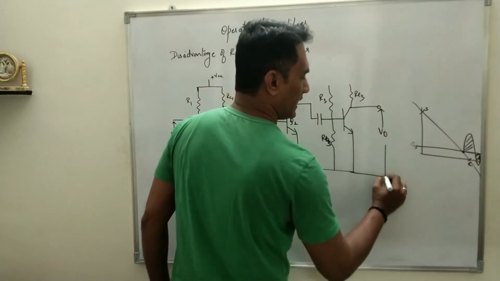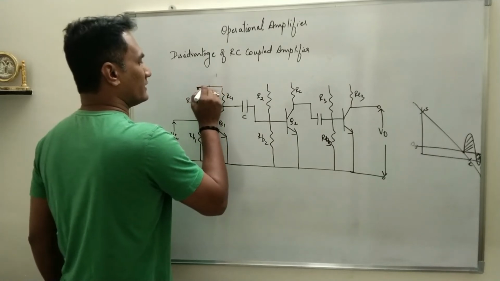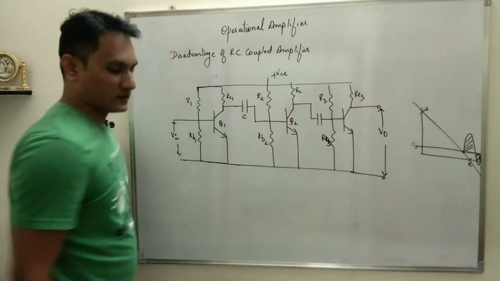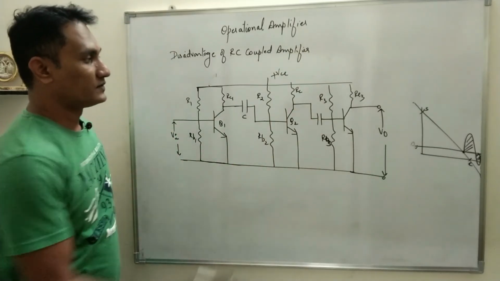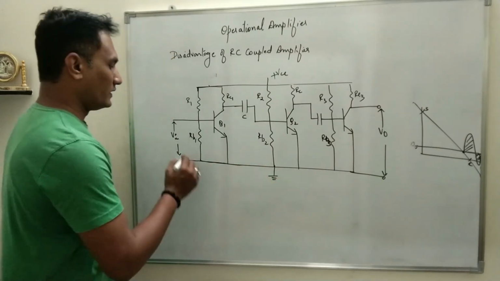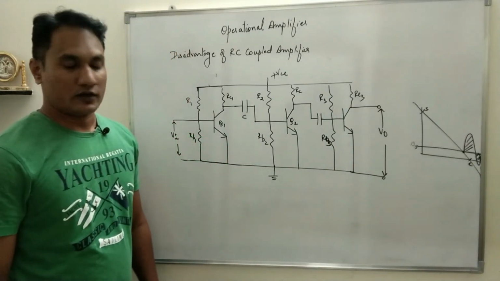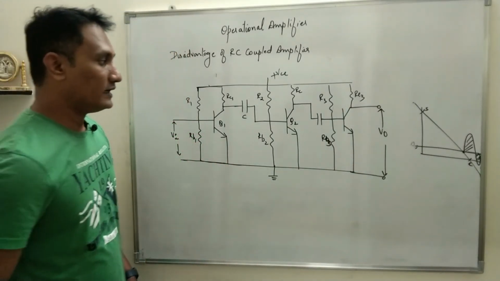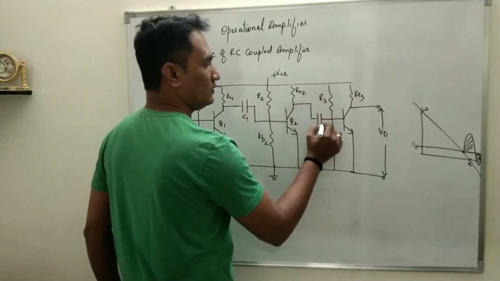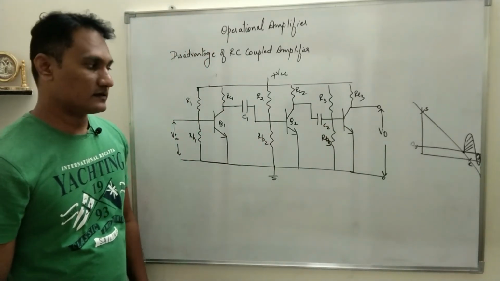From here we will take the output. This is the output voltage, and everything we have to connect together and connect it to the positive supply plus VCC. So this is the circuit diagram, and of course this will be ground. The input will be applied between these two points, and the output will be taken between these two points. So that is the circuit diagram. Now let us try to understand the disadvantage, as the number of stages increases, with RC1, C1, RC2, C2 and so on.